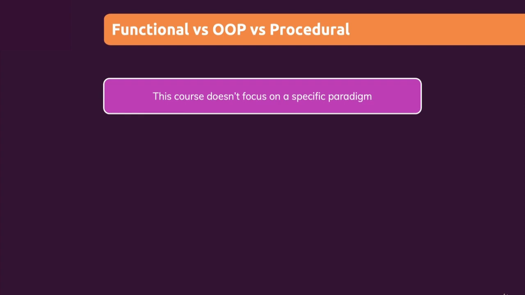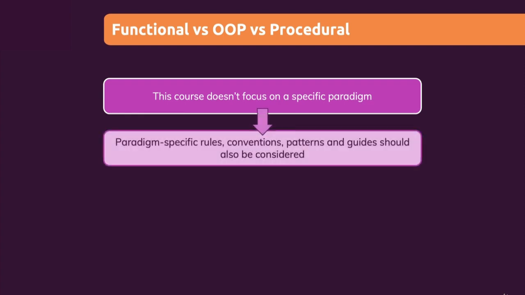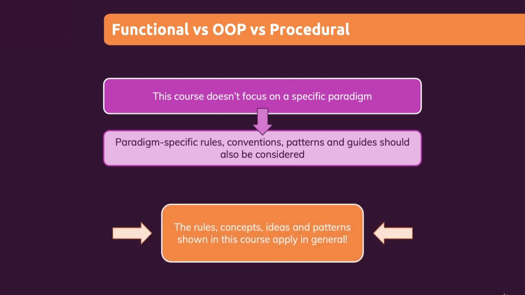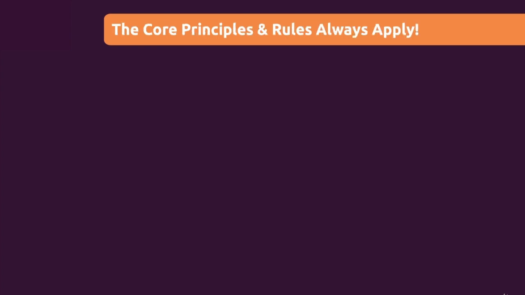Of course, you still might have paradigm-specific patterns, principles, and conventions, which you should still take into account even after finishing this course. So if the style you're using, or also the programming language you're using, has extra style guides or rules, you should of course still respect these, even if that's not covered in this course, because this course focuses on general, universal clean code rules. So of course don't abandon other rules or concepts which might apply to the style you are using. Nonetheless, the core principles and rules which are covered in this course will always apply.